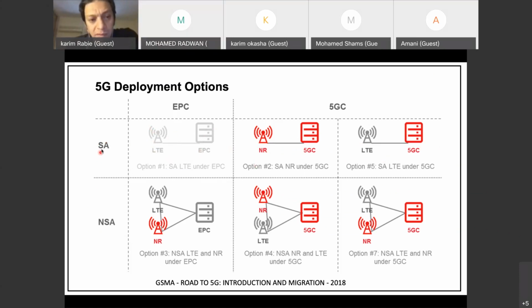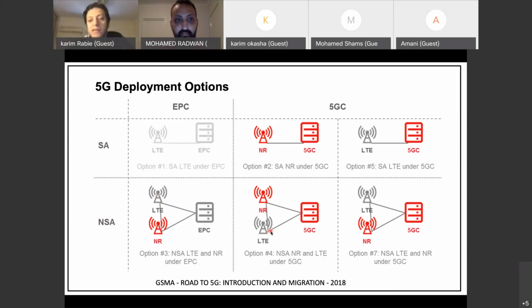This SA is called standalone. From the diagram and the definition, it's the deployment where you have a single radio. It's either 4G or 5G. And when we try to interpret the NSA, the thing common in options 3, 4, and 7, regardless of what options 3, 4, and 7 are, is the existence of dual radios or two radio stacks, which are LTE and NR, with different combinations.